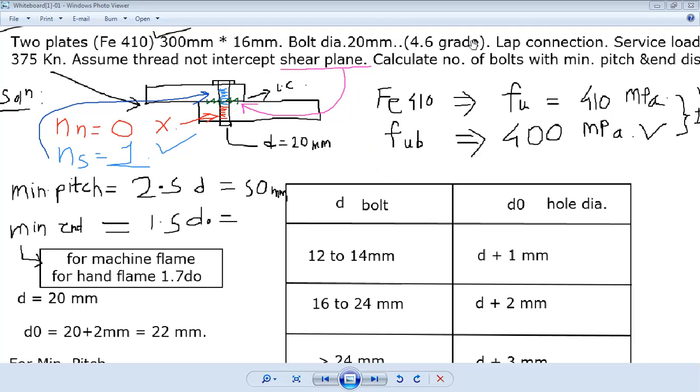Now again I will share. Now we will try to solve our remaining numerical. Whatever formula we have, the basic formula for design shearing strength, that is VDSB equal to FUB divided by root 3, multiplied by gamma MB, that value is 1.25, partial factor of safety for the bolt, multiplied by